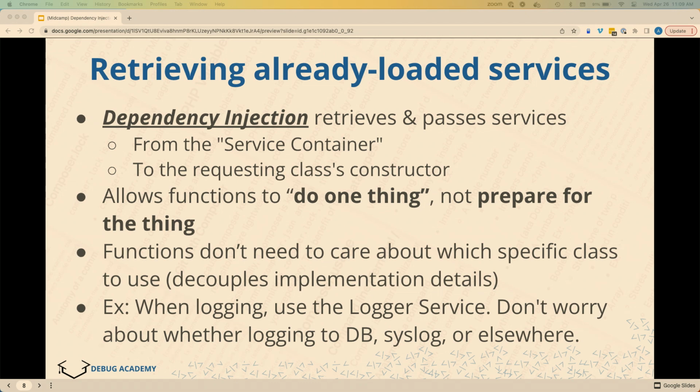Additionally, you don't need to worry about which logger is in use. So if you're creating your custom service, you don't have to say, let me get the DB log, because that's what my site is using. You just say, let me get the logger factory, and it will say, okay, these are all the logger services that are relevant, and it brings them all automatically. So you don't have to worry about those implementation details.